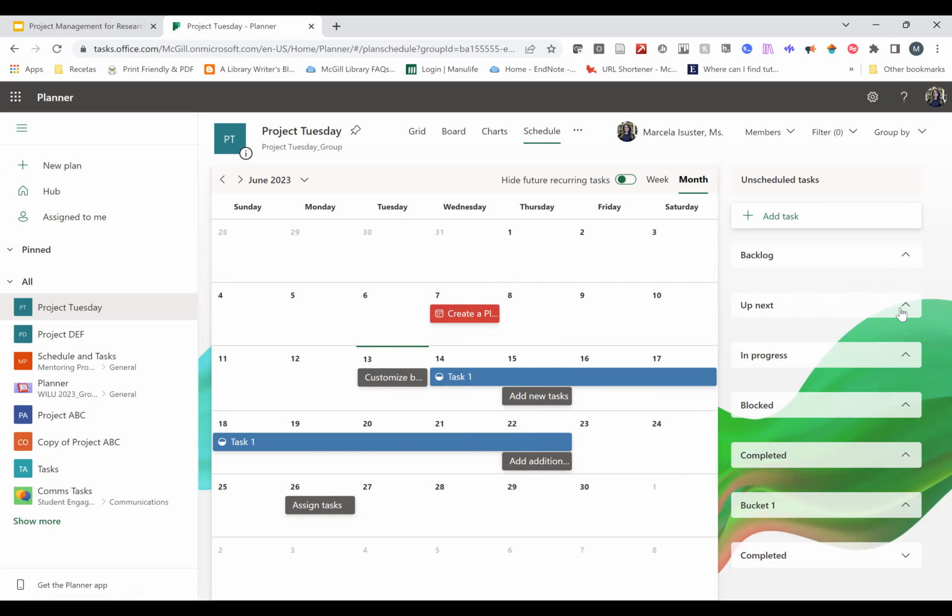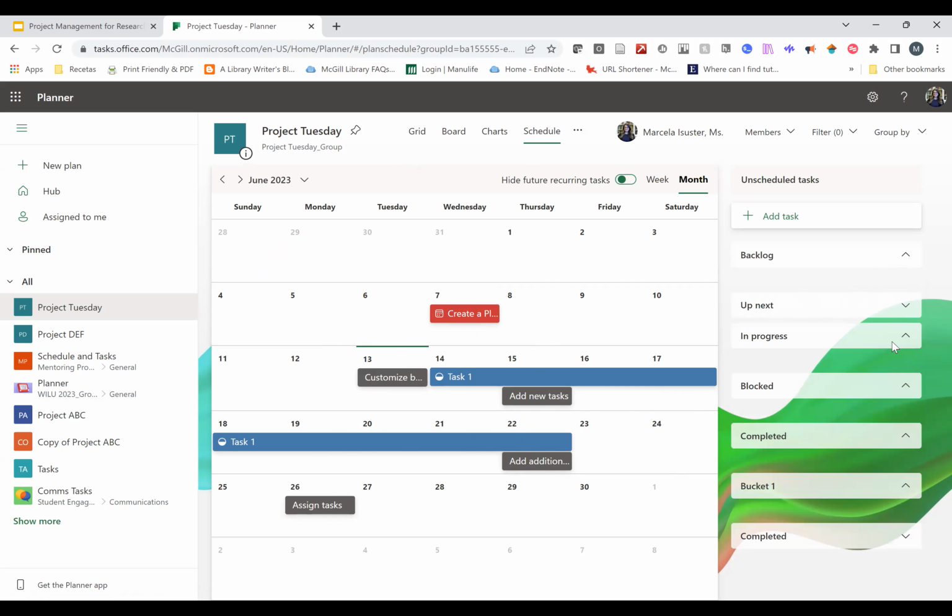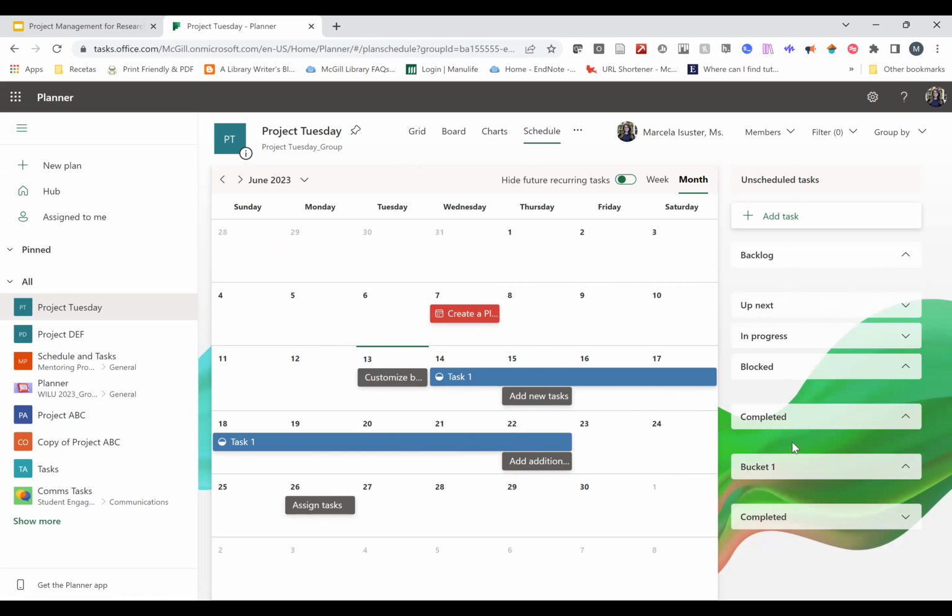And then if you have tasks that don't have a date yet, it will tell you here which tasks you have not scheduled yet. So this is a nice way of looking at it.